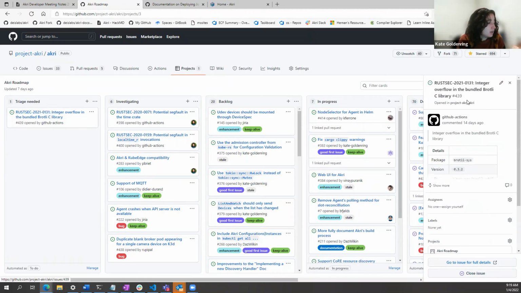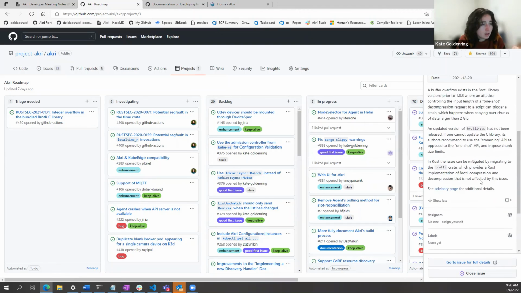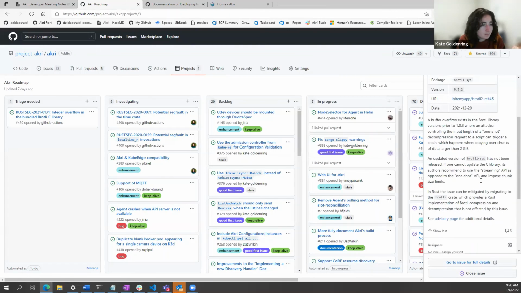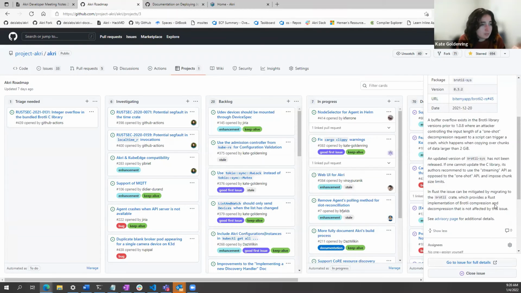And then we have, with one of our libraries, a buffer overflow issue. I haven't looked into this at all to see which one of our dependencies it's associated with.